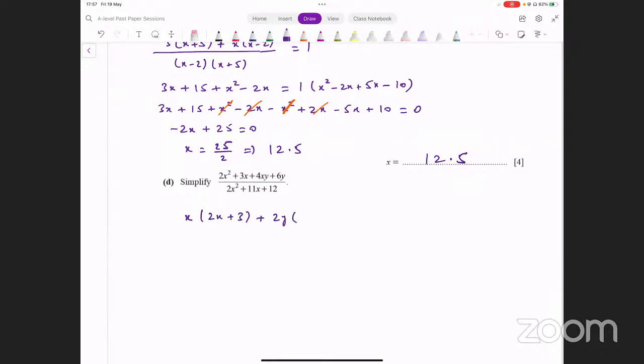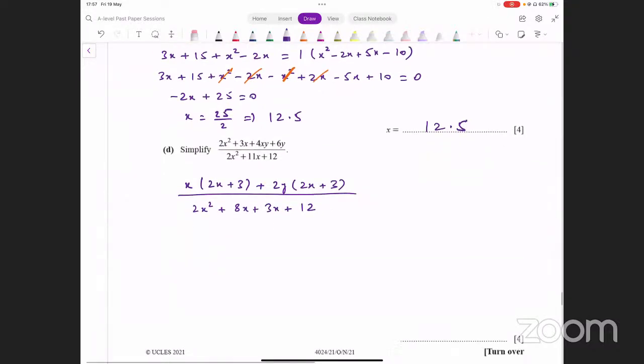That leaves us with 2x plus 3 here as well. दोनों में सेम आ गया आपके ब्रैकेट के अंदर. डिनोमिनेटर को देखते हैं कैसे फैक्टराइज कर सकते हैं. 2 into 12, that's 24. 24 के फैक्टर्स चाहिए जो ऐड होकर 11 आते हैं, 8 and 3. So we can say 2x square plus 8x plus 3x plus 12 मिड टर्म ब्रेक करके हम इसको इस तरह से लिख सकते हैं।